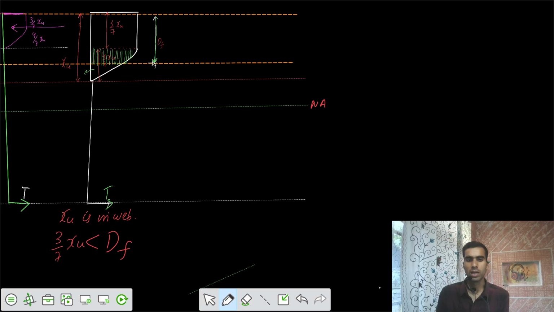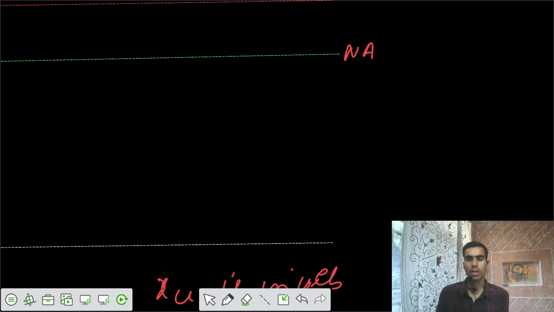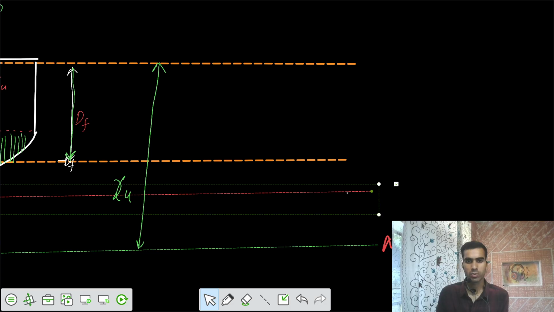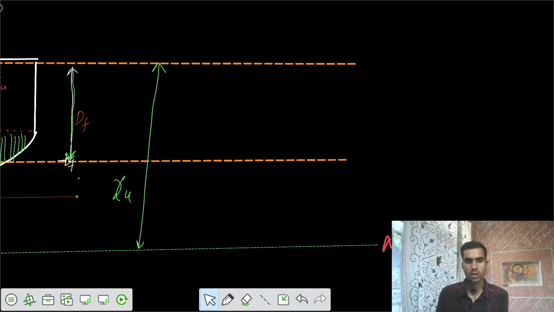That means the neutral axis is in the web. So the entire part, this is your XU. Okay, let's remove this line. If this is XU, and we know that this part is DF,